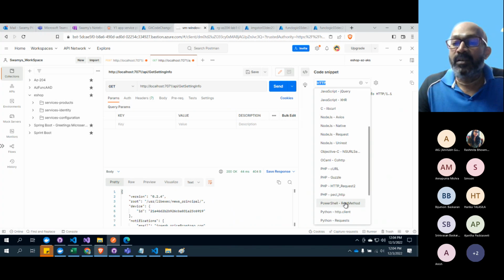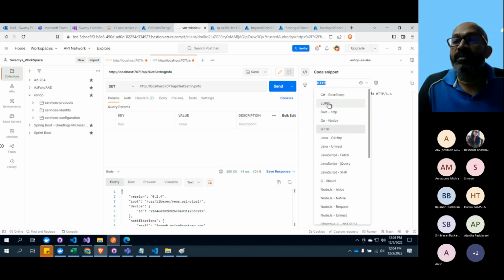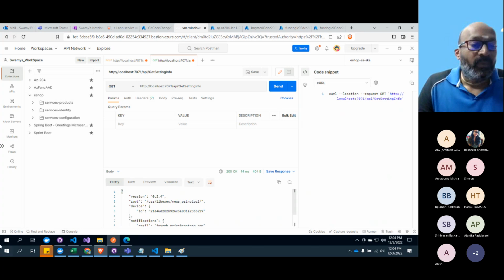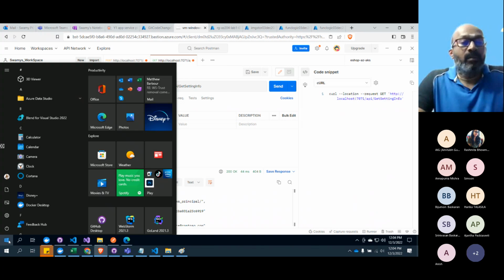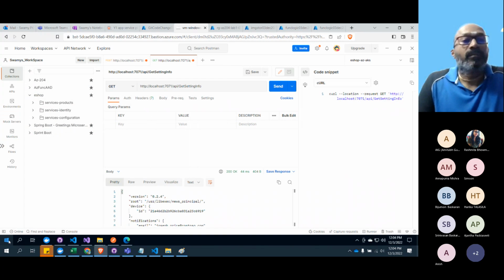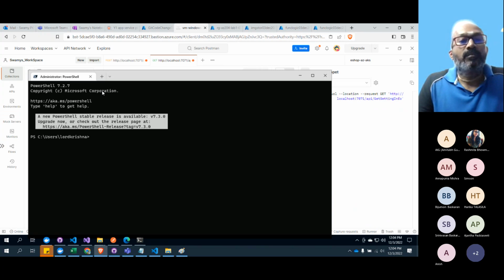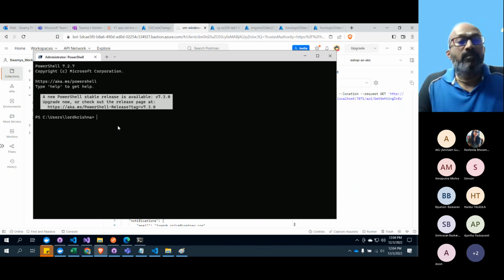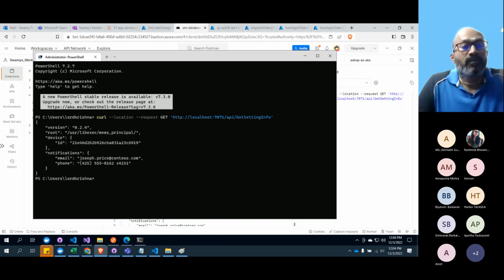There are a lot of things, but I'll select this curl and copy the snippet and open the terminal. Because this is the GET request, we did it through the browser, through Postman, and through curl.